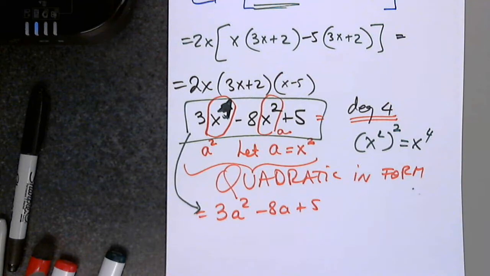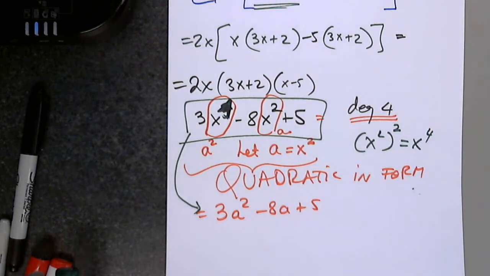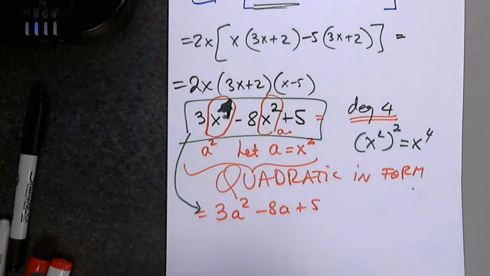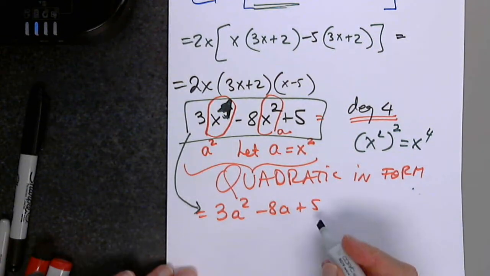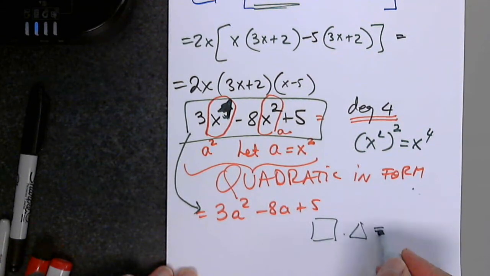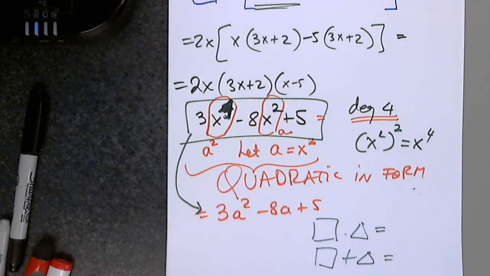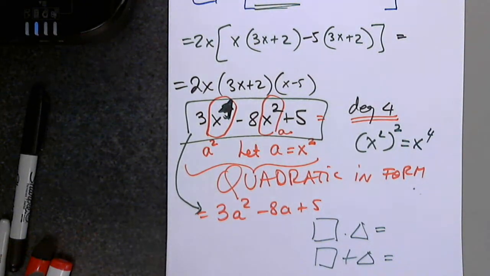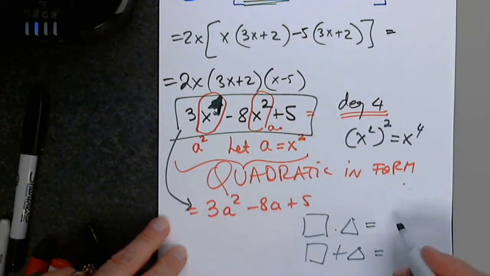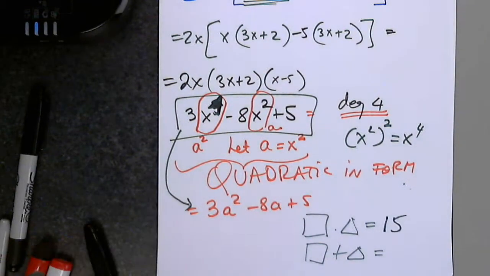It's a trinomial, it's in descending order, greatest common factor, no negative leading coefficient, no special product, no 1 is the leading coefficient, no. I'm down to the last chance. What is the last chance? The last chance I have to factor this is to find 2 numbers whose product is and whose sum is. The product is 15, and the sum is